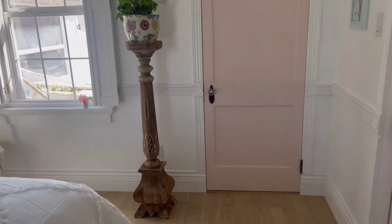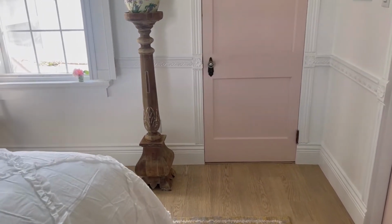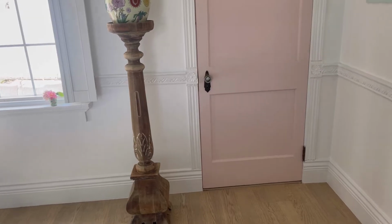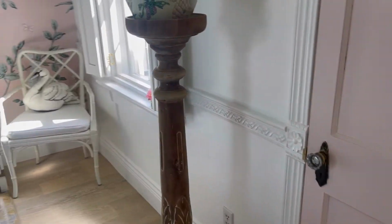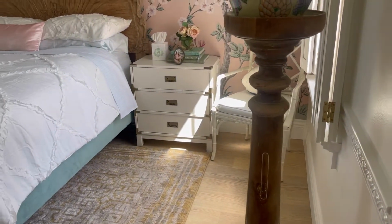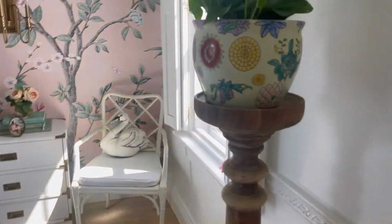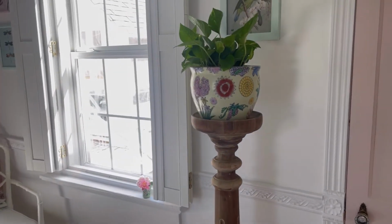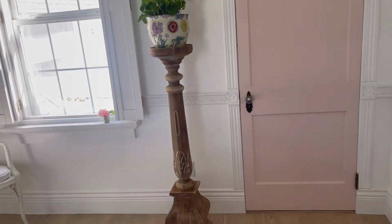I got it at a vintage market and it was painted white, so I spent forever stripping it and bleaching it, and now it looks very nice, and I wanted it to look good with the headboard, and I think it does. It's kind of hard to see. But yeah, so I really like it. This is a pothos plant in it, and it'll eventually start growing long over the sides of that,